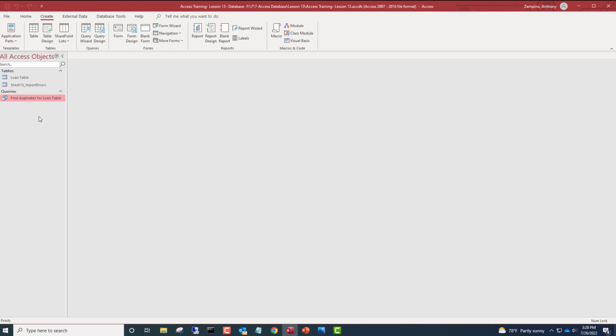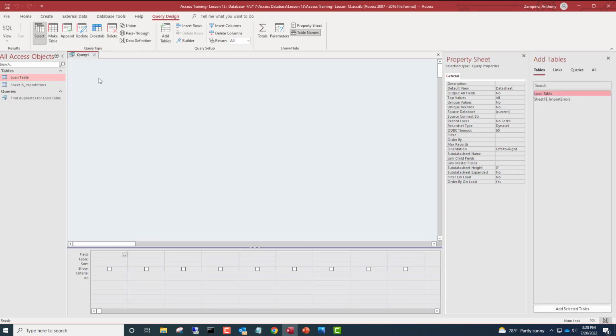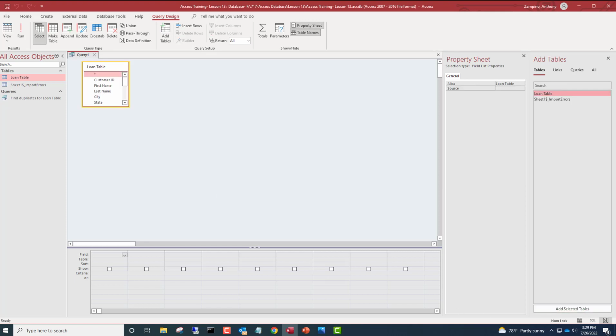Now what I'm going to do is click on the loan table and create from query design. The first table I'm going to create is the customer table. So I'm going to look over here and ask, what do I need from this table? Customer ID. We're going to need first name, last name, city, state, and we're going to keep scrolling down. We're going to get zip, phone number,